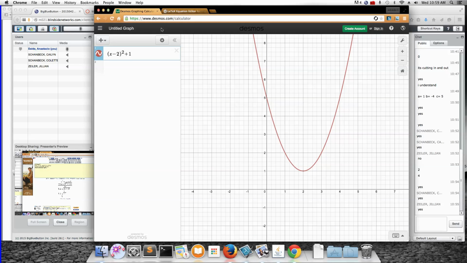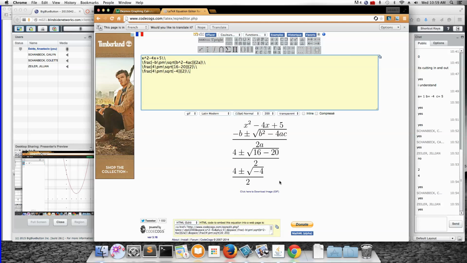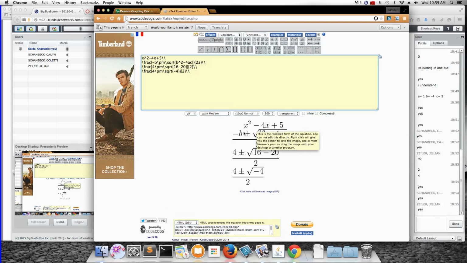Which is why there is no solution. There is no x solution. There's no point at which this thing crosses. Do you guys see? It's almost like the math is telling us, you're asking the math, by using the quadratic equation,